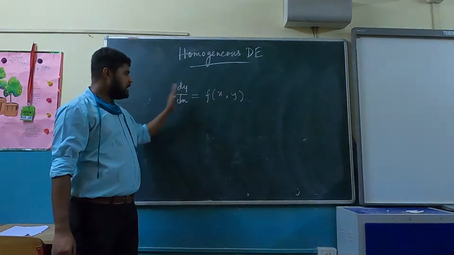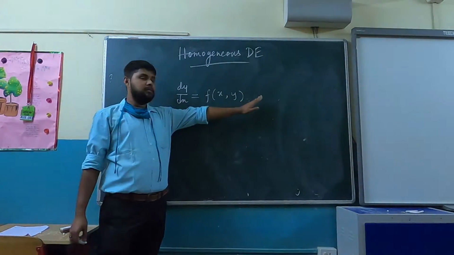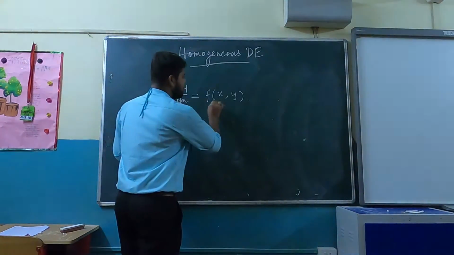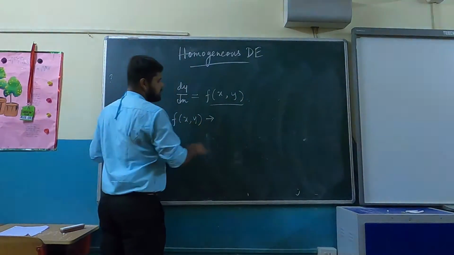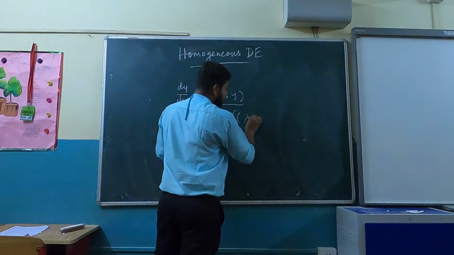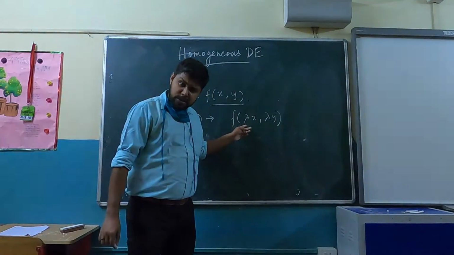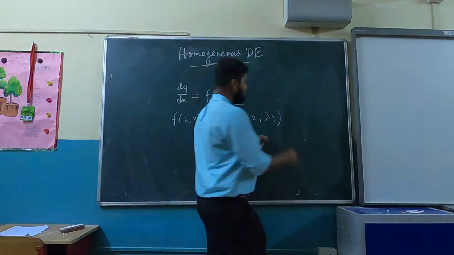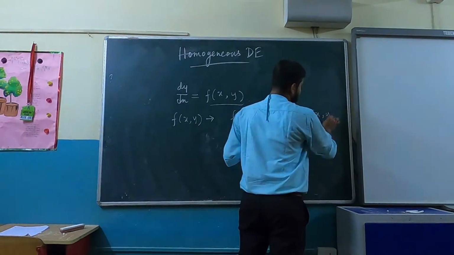So if I leave dy by dx on one side, then I have f of x comma y on the other side. So therefore, if this f of x comma y is such that f of lambda x comma lambda y, where lambda is any arbitrary constant, gives you lambda to the power n into f of x comma y,